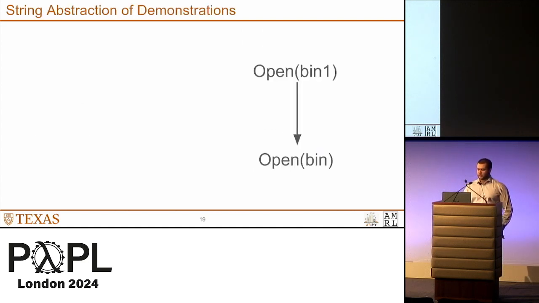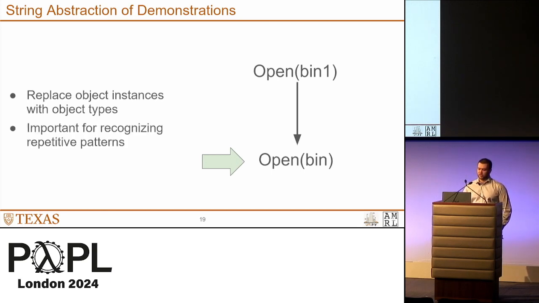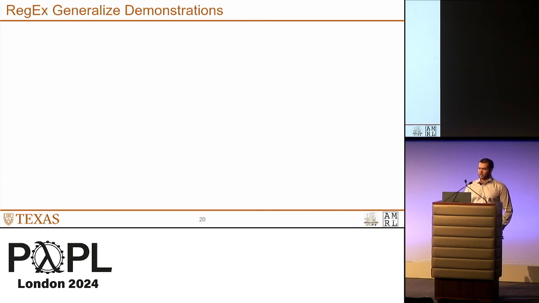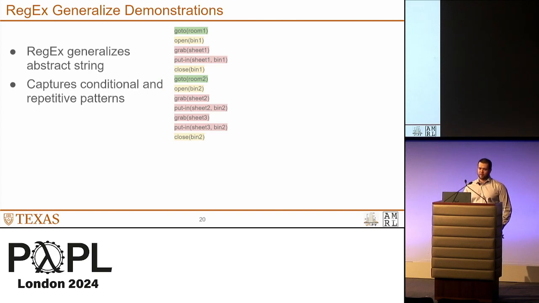The first step of sketch inference is a demonstration abstraction, which simply replaces the object instances in the demonstration with more general object types. This is important for later stages of our synthesis, for recognizing repetitive patterns in the demonstration. After generating the abstract string, the next step in our sketch inference is to learn a regular expression that accepts the string. Such a regular expression essentially generalizes the abstract string into a structure that captures conditional and repetitive patterns